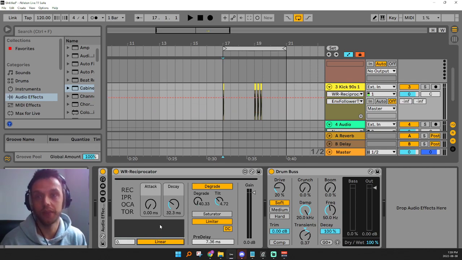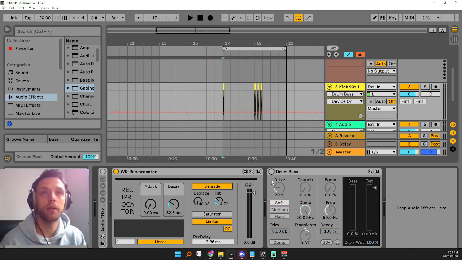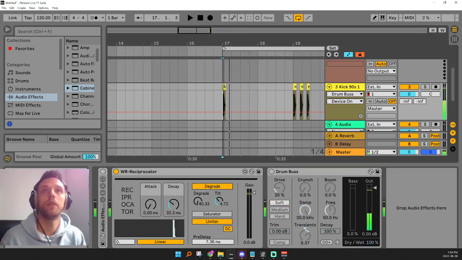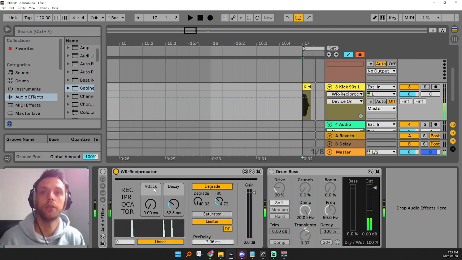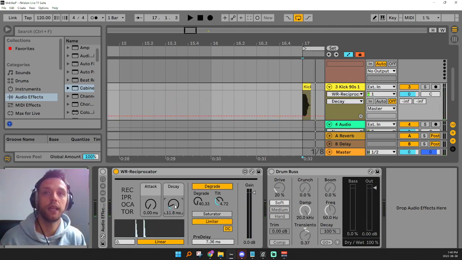I usually just leave it on linear, to be honest, but I left that in as an option if you want to play around with that a little bit. So yeah, you can hear on the kick drum, just a kick drum on its own, with it on, with it off, not much change. Now if we pull down the decay a bit, you can hear we're getting this